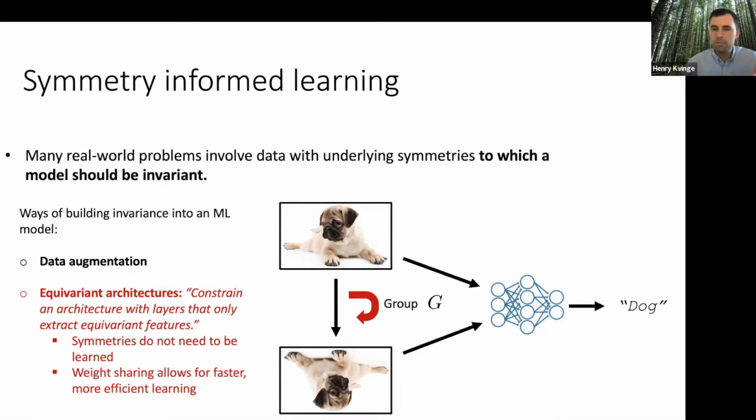You and I would look at these pictures of this dog, and we'd hopefully be able to identify both of them as a dog, and maybe even the same dog. There's no reason to think that a neural network trained on pictures of upright dogs would necessarily get the upside down dog. It might, if it had seen enough examples of upside down dogs, but it might not. If I were to show you a new animal and then show an upside down version of it, you probably wouldn't need to see a bunch of other examples of upside down versions in order to realize that, hey, this is just the thing I've already seen, but it's upside down.